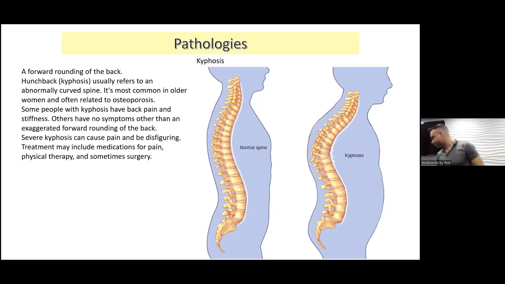Anyways, kyphosis is what we call hunchback, right? That's the more layman term. If you look at the picture here, you can see that on one side we have a normal spine, which is relatively straight, but not perfectly straight. It shouldn't be perfectly straight. Your natural spine does have curves,